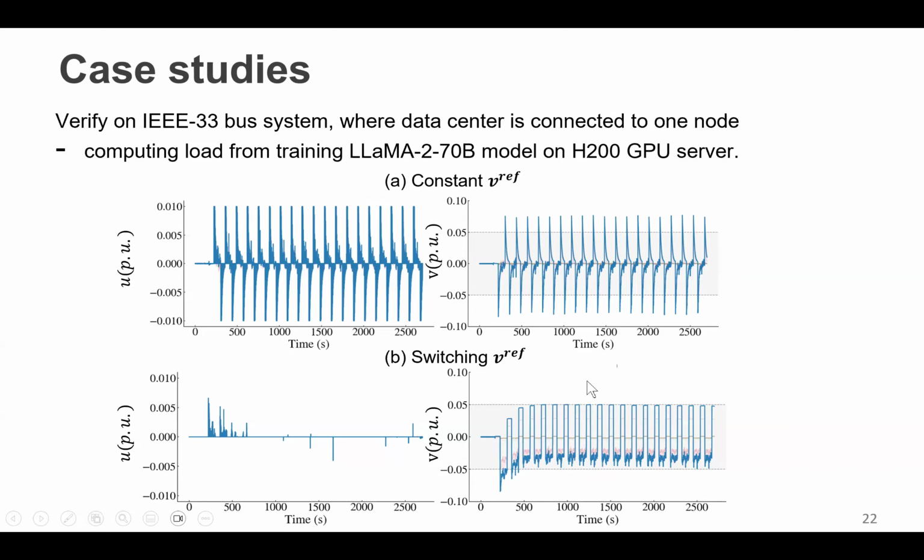So this shows that by just designing a very simple switching mechanism for the voltage control, we are able to use very tiny control effort but still achieve good performance in limiting the voltage violations. And to be more clear, for the simulation here, the control action is one control point every 1 second. But the simulation has power and voltage oscillations in between, which come from the oscillations of the load of about 10 milliseconds. So that is the time interval reflected here.